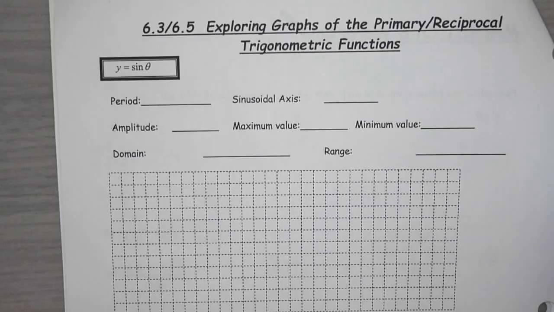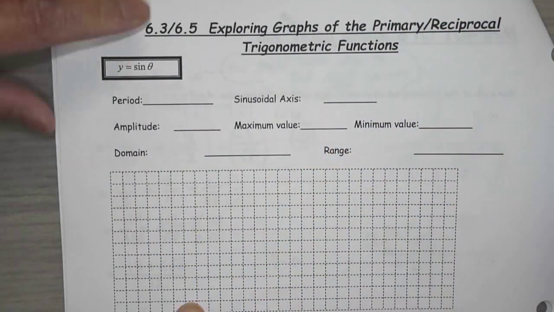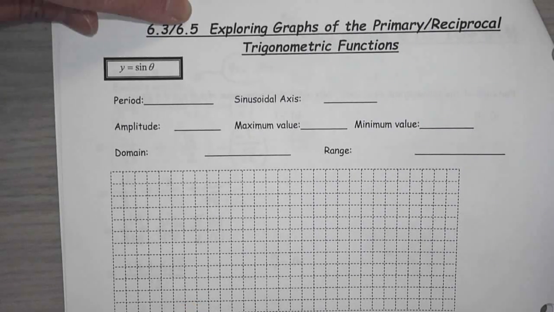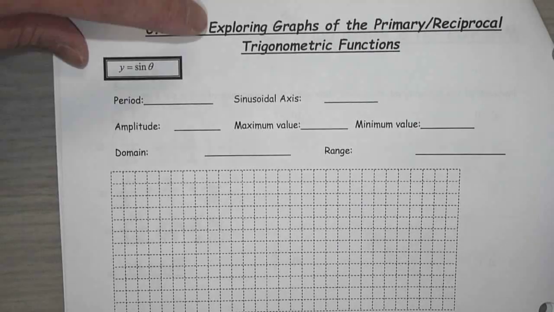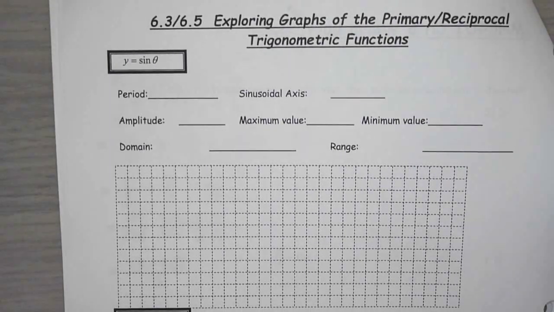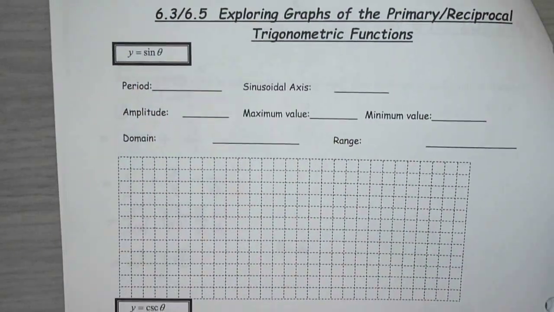Remember the 4 steps for doing a reciprocal function? We're going to use those 4 steps and graph it, right? So we might as well do the 2 sections together, because I need sine to graph cosecant. I need cos to graph secant, right? So we're doing the 2 sections together. So if you're wondering why I put the 2 sections together. So the first step is we're going to graph sine, talk about it, and then we're going to do cosecant